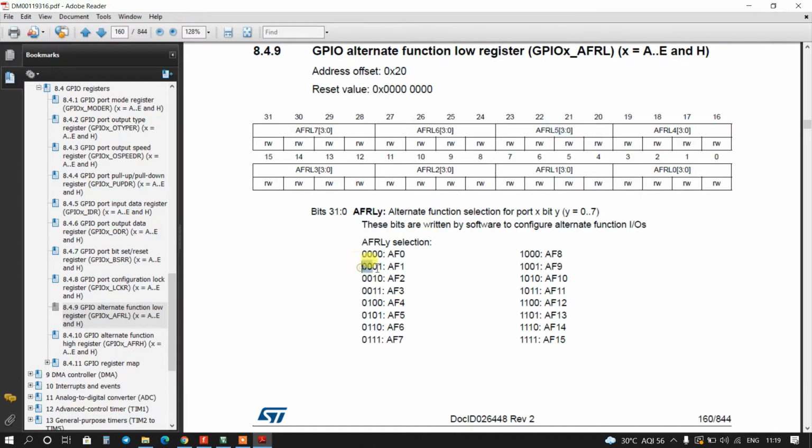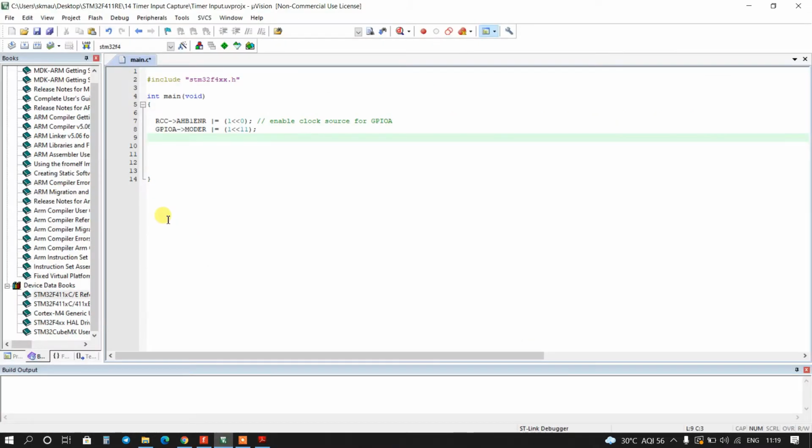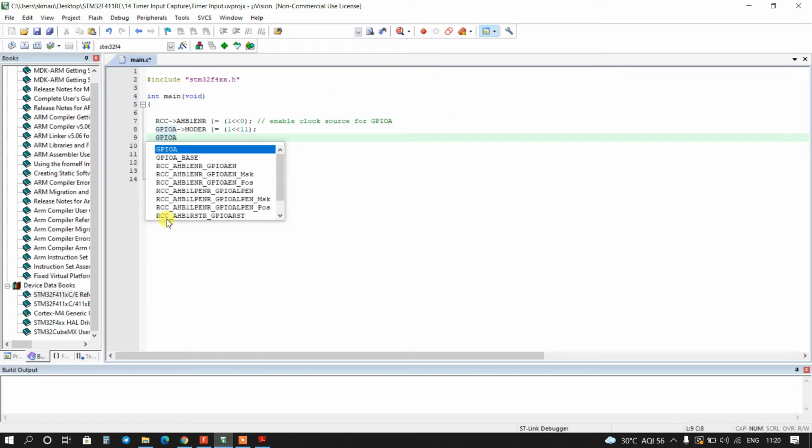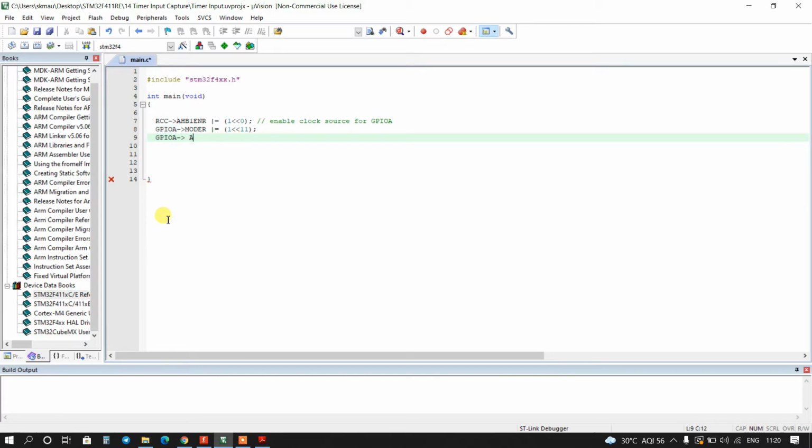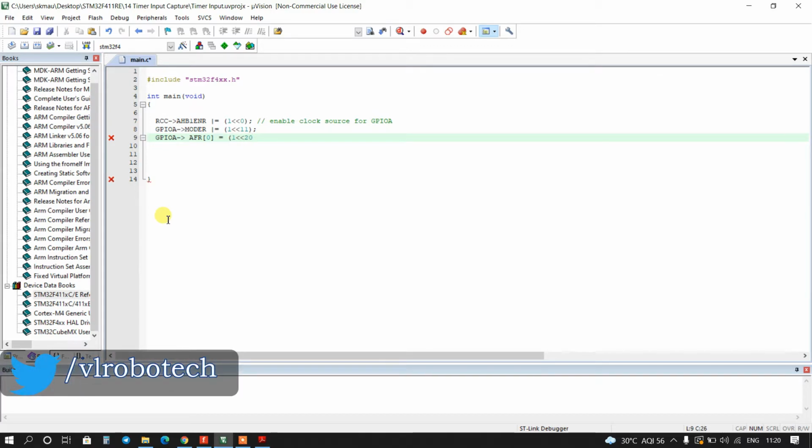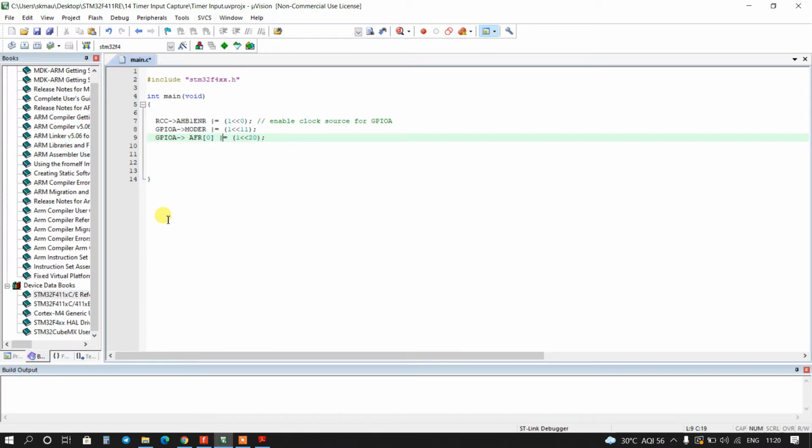So for AF1 it will be 0001, so it means the 20th bit will be 1. GPIOA AFR[0], because this is AFRL, and 1 left shifted by 20, right? And here I will use OR logic.